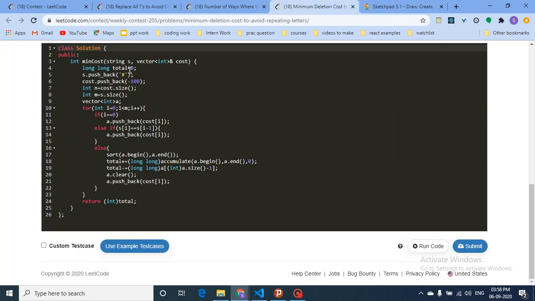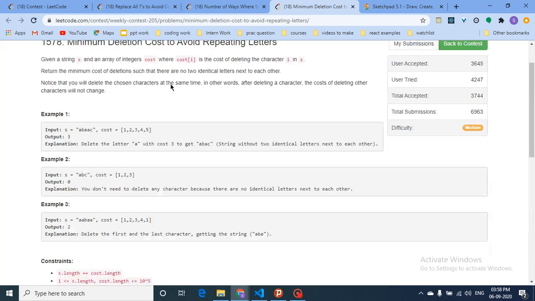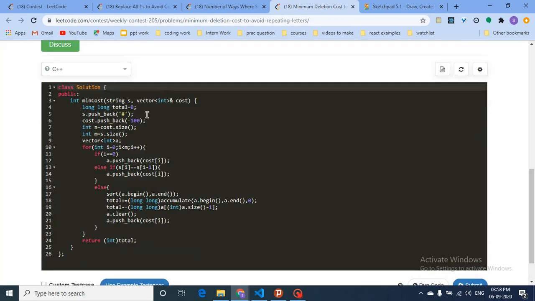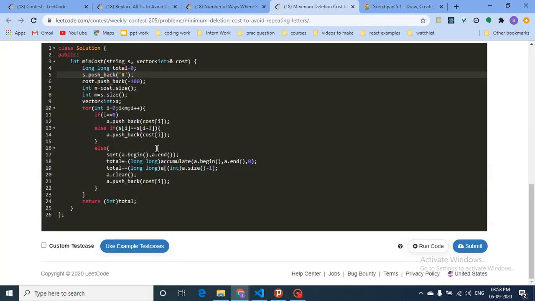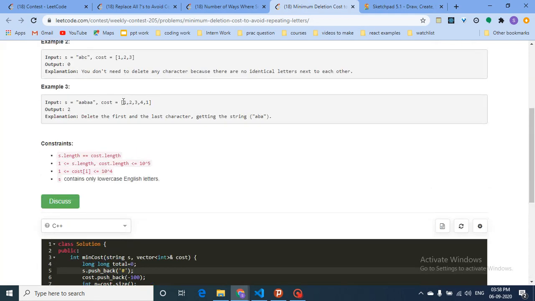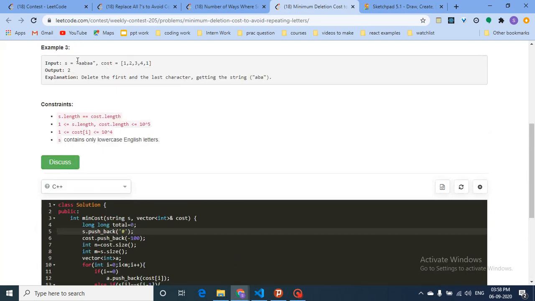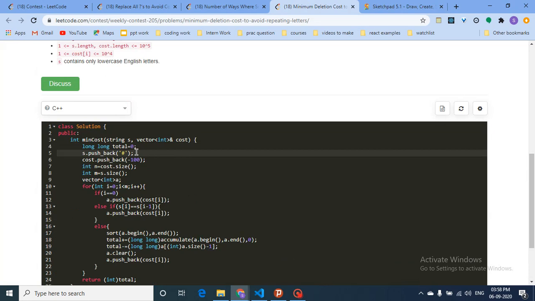So what you can do here is, for a buffer value, because I have to end somewhere else, I will insert a dummy character, a hash, at the end, because I have to add a character which doesn't occur in this whole string, because it consists of all the characters from like A to small characters. So you can insert a big character or some hash, whatever you want, and also a dummy variable, like a minus number, any number you don't want, in the end also. Then store the length of this cost and the string.